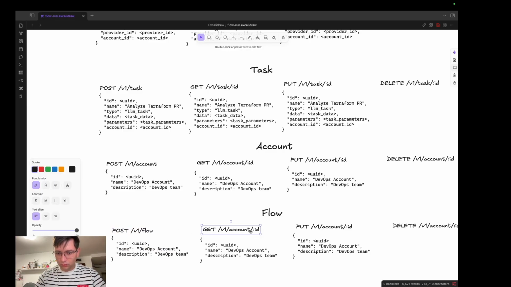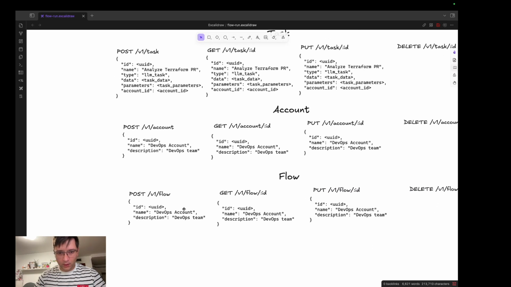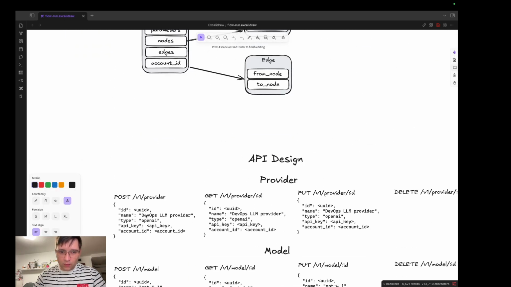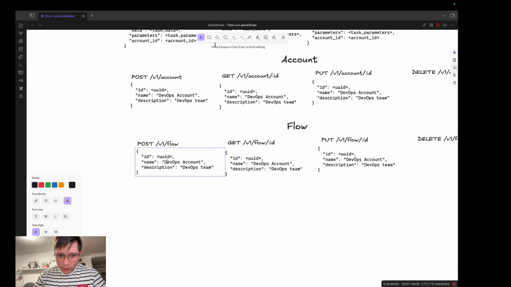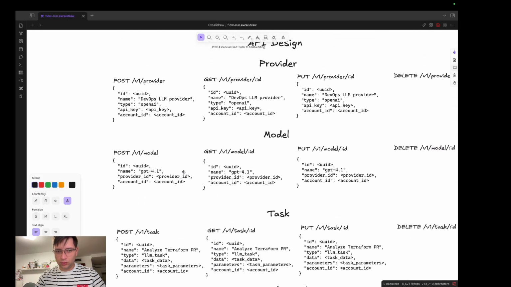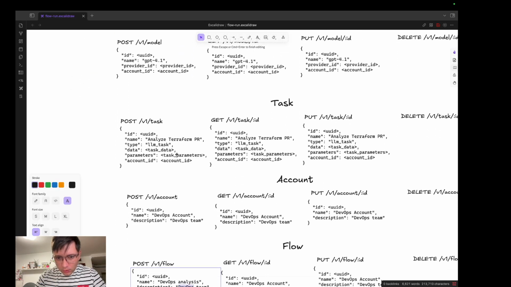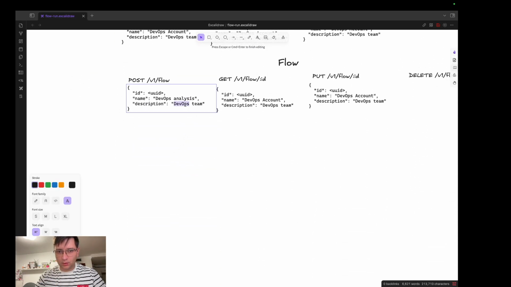Let's name flow. Okay, so name, let's say here, DevOps analysis, description. Do we need description? Okay, let's leave description maybe for the future. Code analysis,